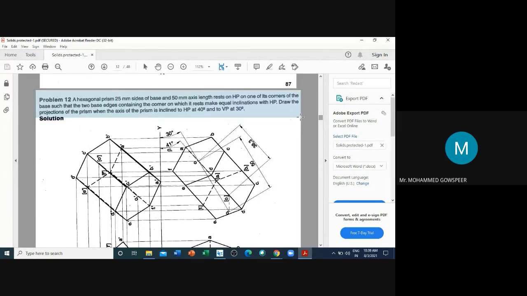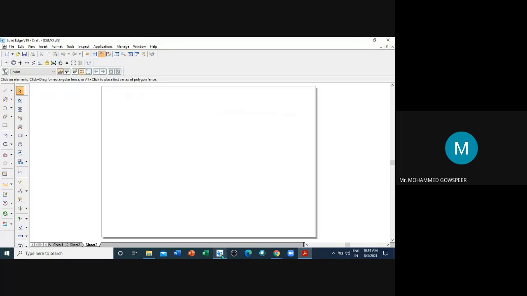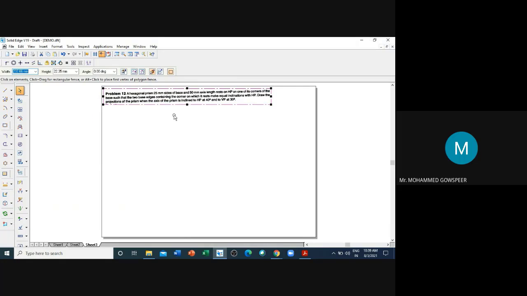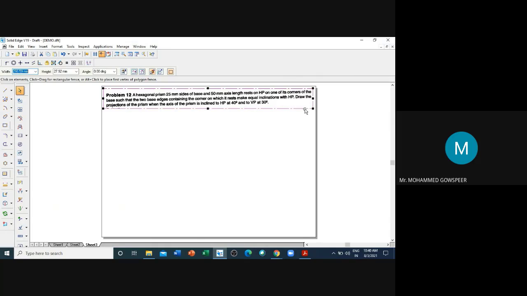The problem number 12 from the solids. I will take a hexagonal prism. So the question is like this.